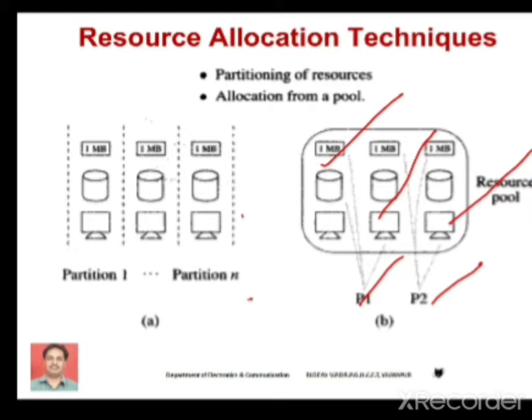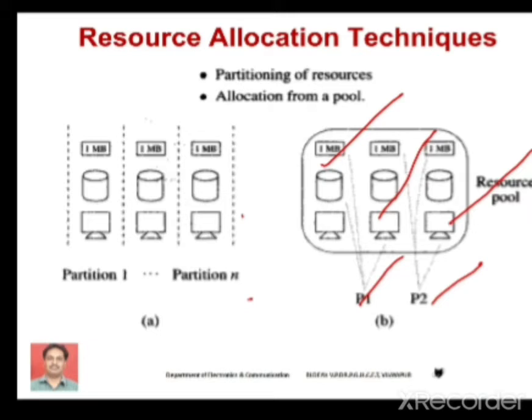However, if you want to order the items separately, it can be compared with allocation from a pool. In this case, you are going to order only those items which are required for you, right? The advantage is that it leads to no wastage of resources, however, it is difficult to implement.